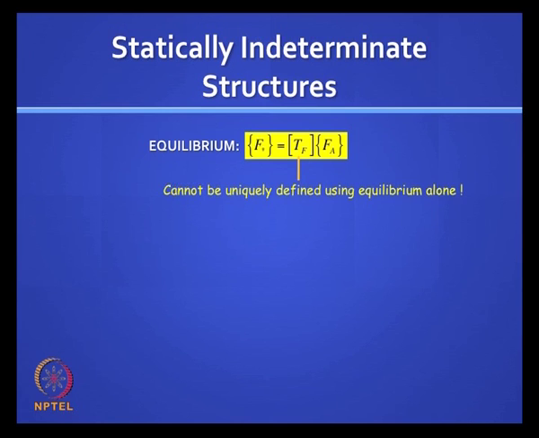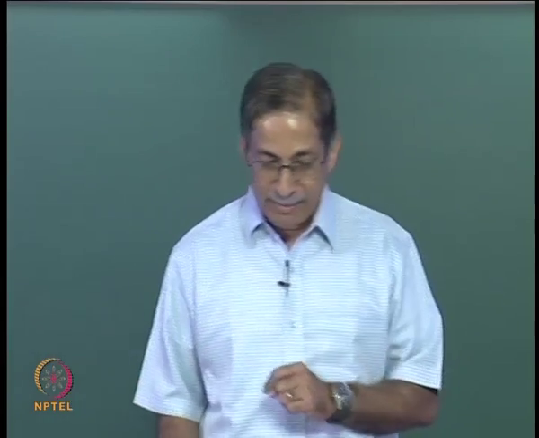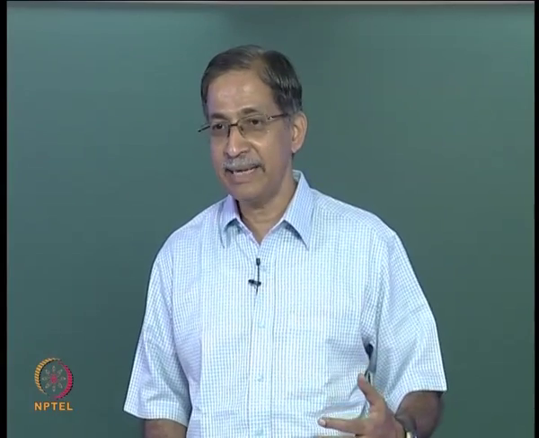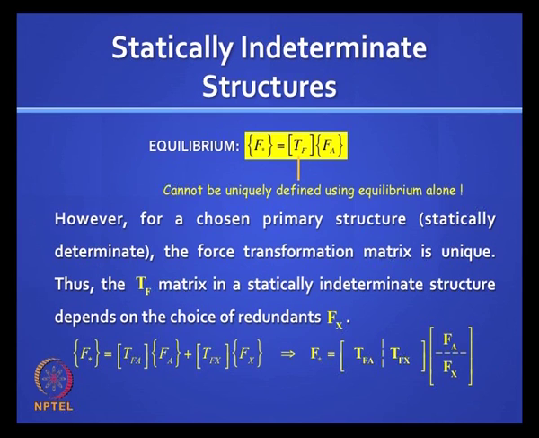Okay, so you have got statically indeterminate structures. Here the problem is TF cannot be uniquely defined. So what do you need to do? Primary structure. For a chosen primary structure TF is unique. So what does it mean? Each student in this class can arrive at a different TF matrix, so it is difficult for the examiner to check the results, so he has to wait for the final results to come out. But whoever does it has to follow the same path.